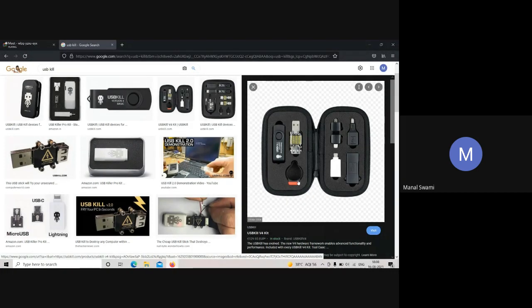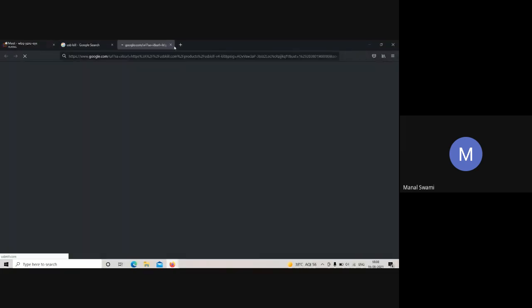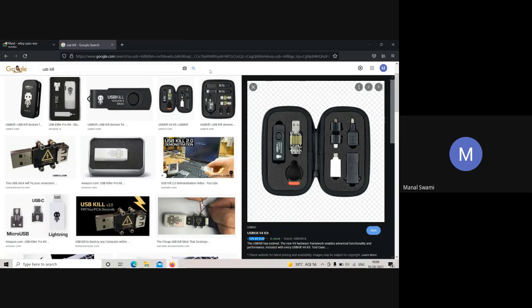So again, this is very costly. See, you can see the price over here. Okay, it is 129.95 euros. Okay, so it is very costly. So you can make something like this just for testing purpose on your own system, a pen drive through which you can basically crash a system. Okay, or through which you can lock the system.